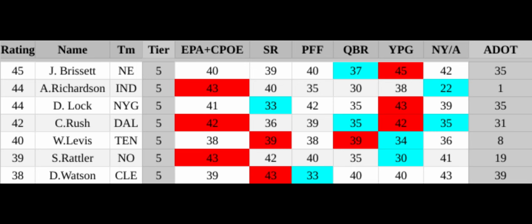And he has better surrounding cast than Levis, Rattler, Watson even. Rush has a number one receiver in Lamb. An offensive line that I'm not saying is good, but is better than the lines for the players below him. So it's mainly on him that he's not doing well.